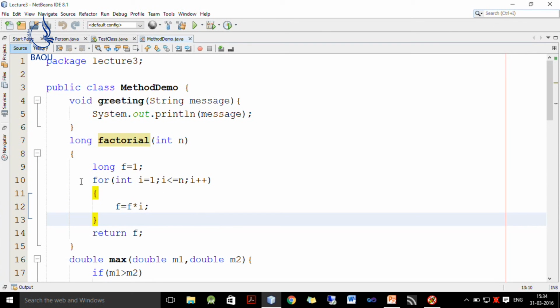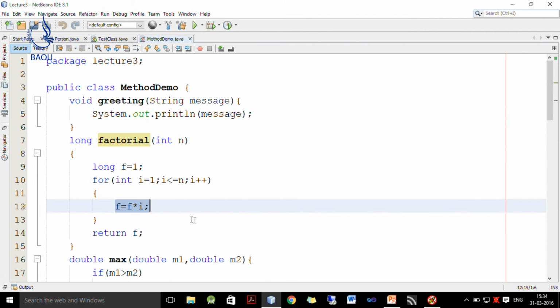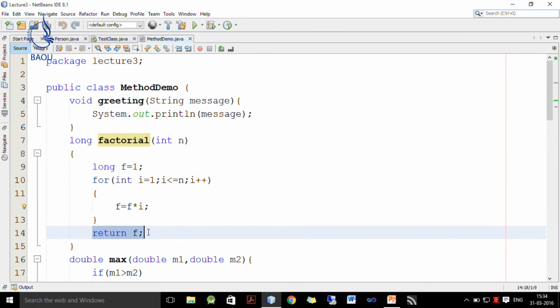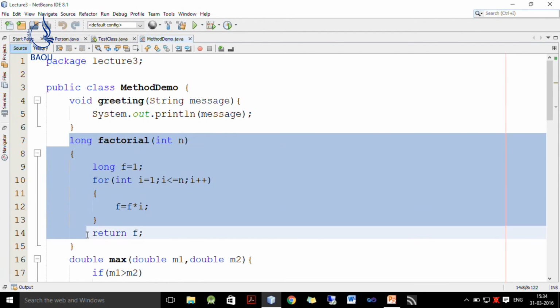So, I repeat this loop from 1 to n, and inside this I write f = f * i. So, initially f is 1. So, first it is multiplied by 1, then 2, then 3, then 4 and up to n, and whatever value we get inside f is the factorial of n and it is returned to the calling function. So, this is how this long factorial works.